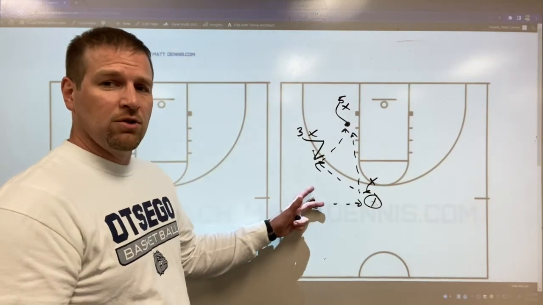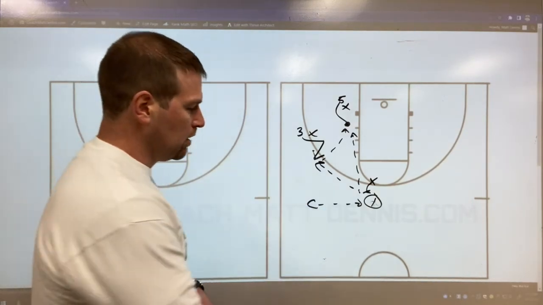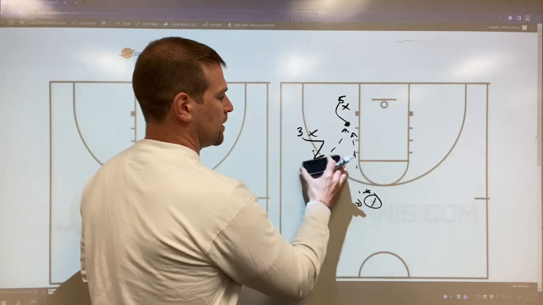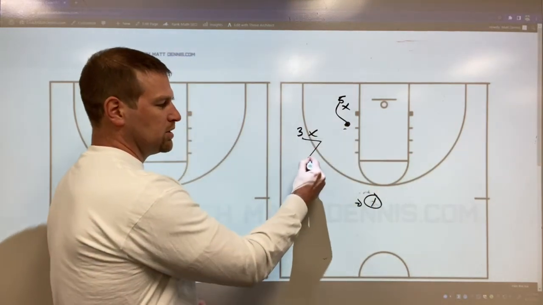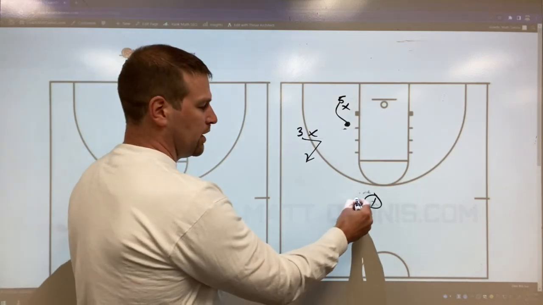If we can't get either of those, I like to do what's called a loop. And now we're getting a little bit deep into some stuff, but that's okay. We can't get the ball. We seal and pop. We can't get it in there. Let's go ahead and loop. We're going to push